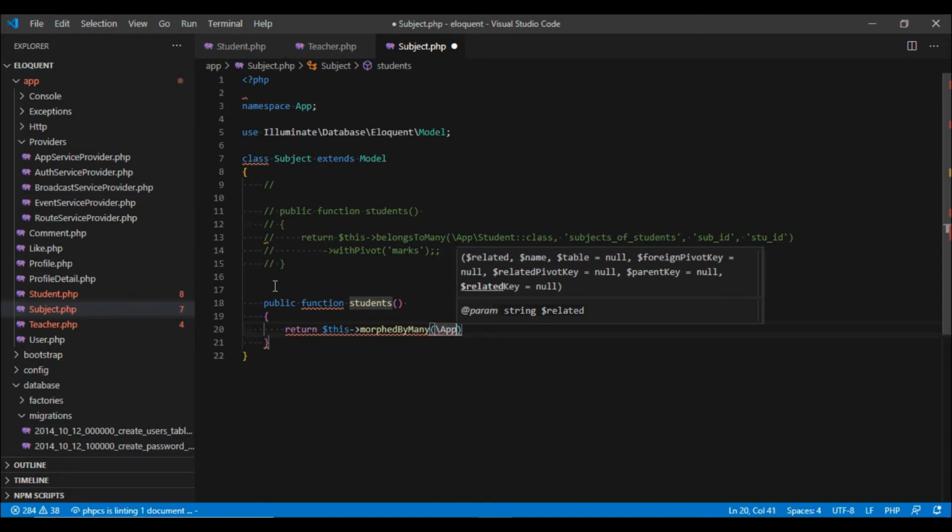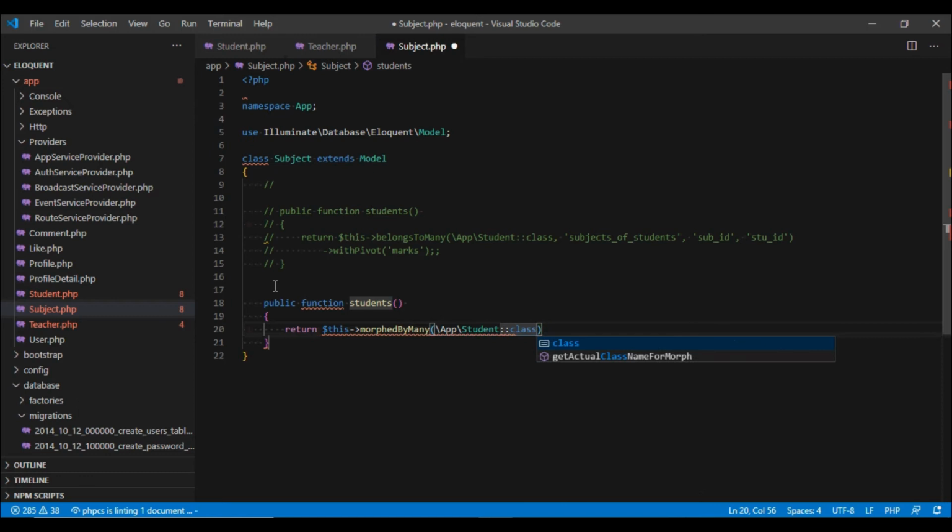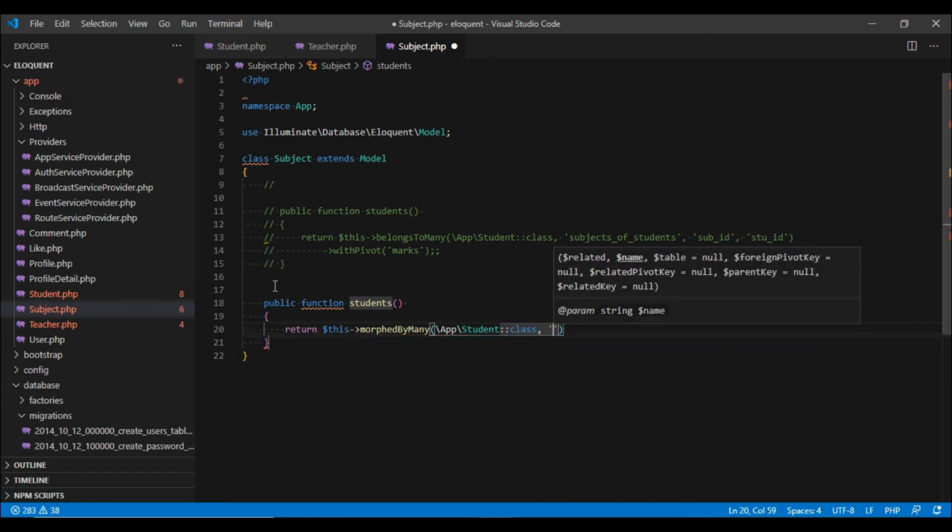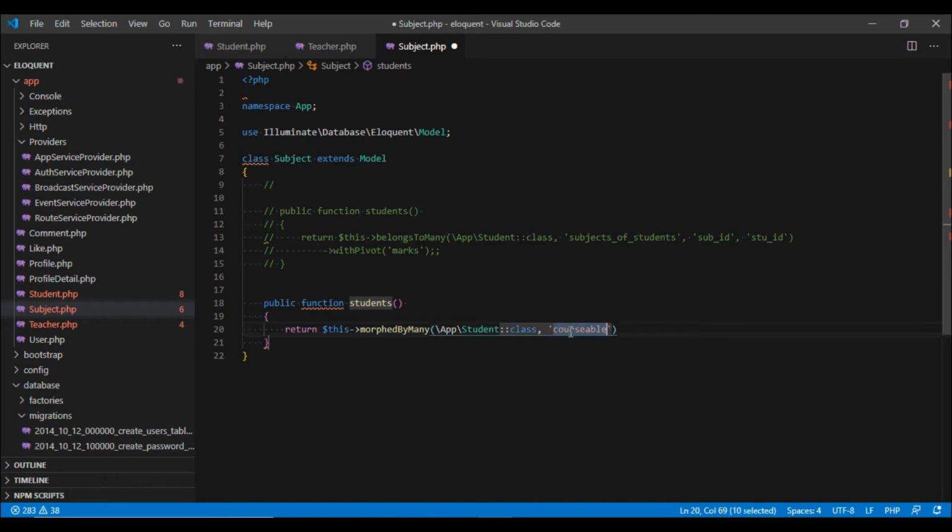We are going to pass it the student class, and we are going to call this relationship courseable. Remember, when we pass it courseable, Laravel assumes that we have a courseables table. If your table is named as something else, you can pass it as a third parameter, but we are going to keep it as it is.